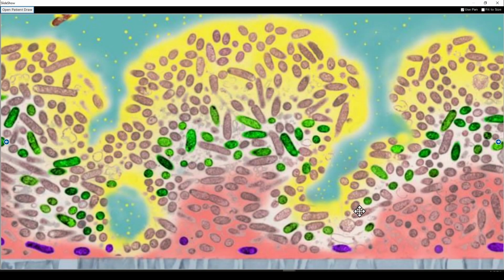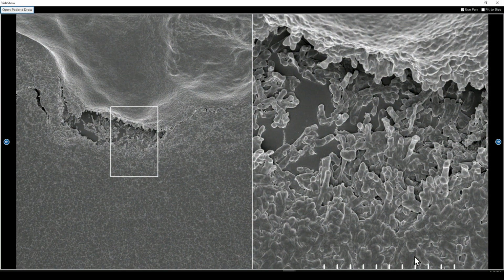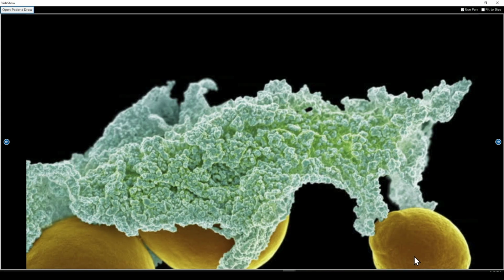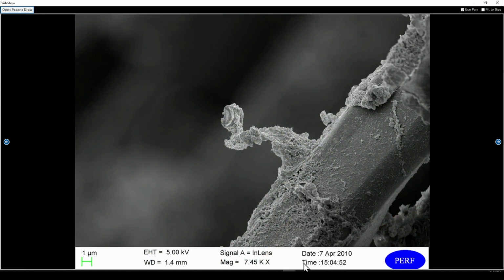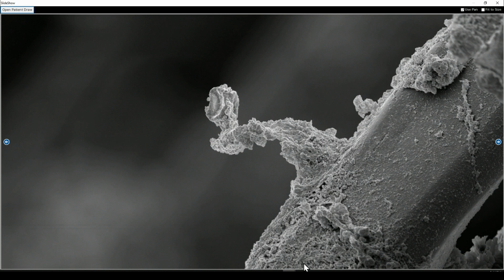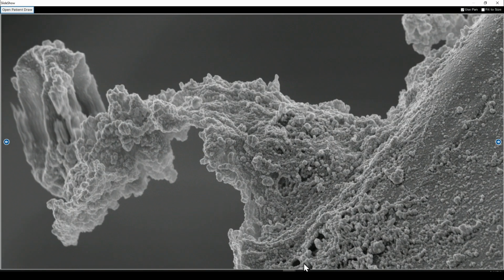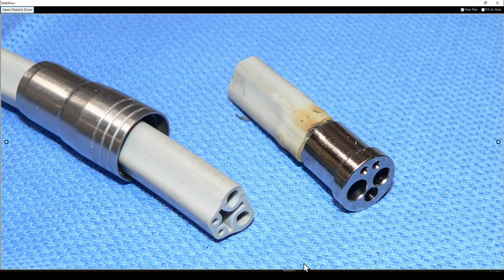In our discussion of the pattern recognition in biofilms, we recognize that the bacteria are actually encased in this glycocalyx, which makes identification difficult. As you saw in the last presentation, sometimes you get a sense of how this glycocalyx actually covers the bacteria. And in this false colored picture of bacteria, you get a sense of what the glycocalyx actually looks like. If you remember the suture study that we did 13 years ago, you can see there's really no visible evidence of individual bacteria because they're encased in this